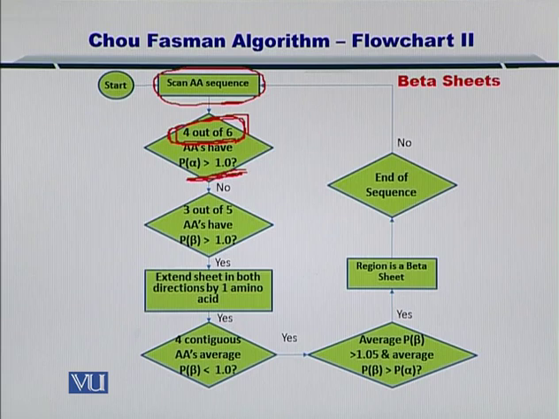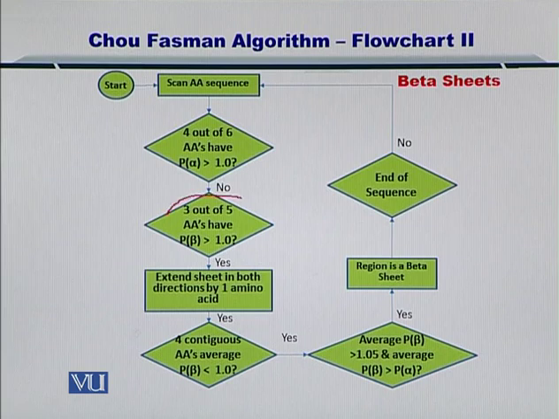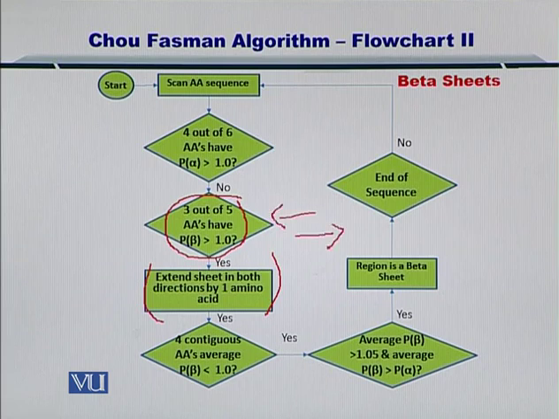But if that was not the case and the amino acids were not going to form an alpha helix, then we took a set of 5 amino acids as shown here, and we evaluated if 3 out of these 5 had a propensity for making a beta sheet. Because beta sheets require more amino acids, we are considering 5 in this case. So if 3 out of 5 amino acids had a propensity for forming a beta sheet, we extended the sheet in both directions, that is, in both the positive and the negative direction of the protein